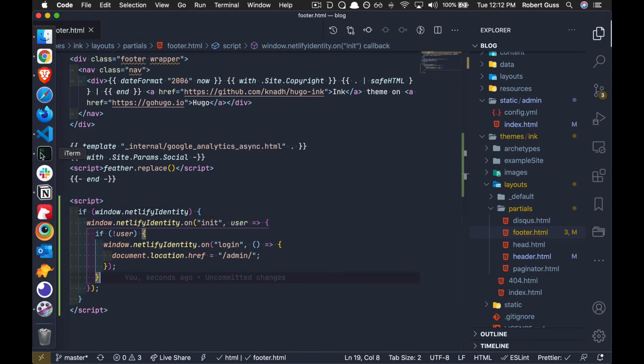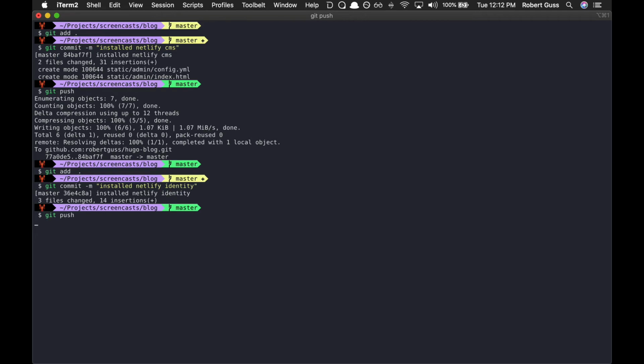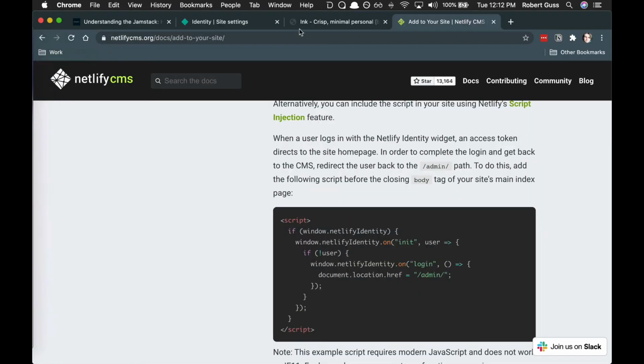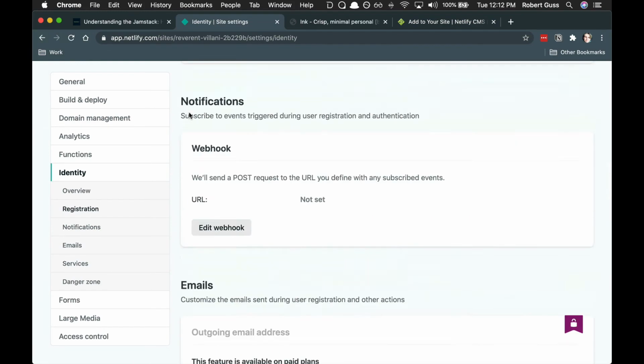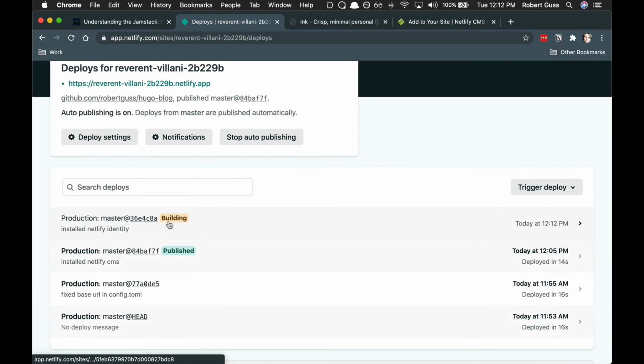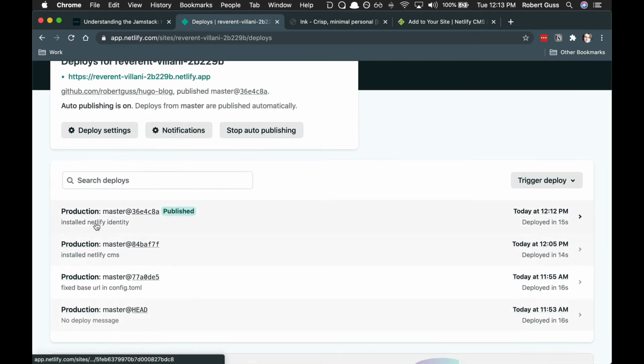Okay, so now that we have that installed, we need to commit our changes. So let's add them. Installed Netlify Identity, and push those up. And then head back over to Netlify, go back to deploys, and we're just going to wait until this is done building. Okay, so now that our latest changes where we installed Netlify Identity are up on Netlify,